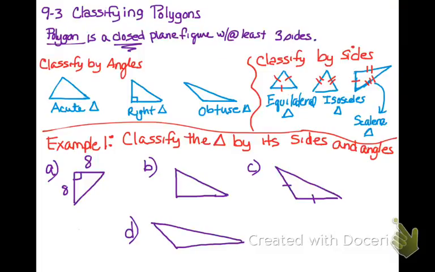All right, so we're classifying polygons today, and a polygon is a closed plane figure with at least 3 sides. There are 2 classifications to triangles. You have an acute triangle, that means all 3 angles are less than 90 degrees. And then you have what's called a right triangle,